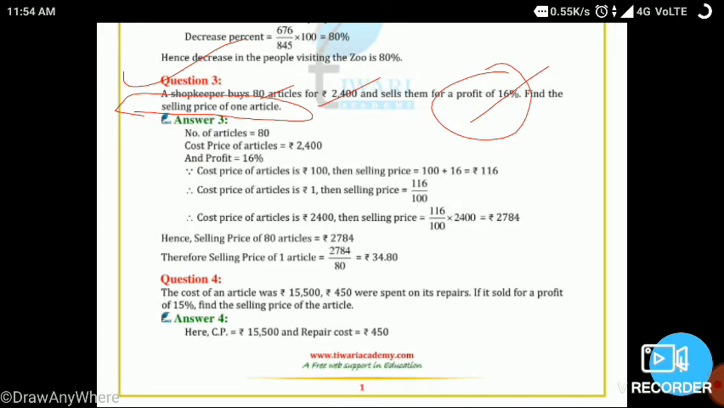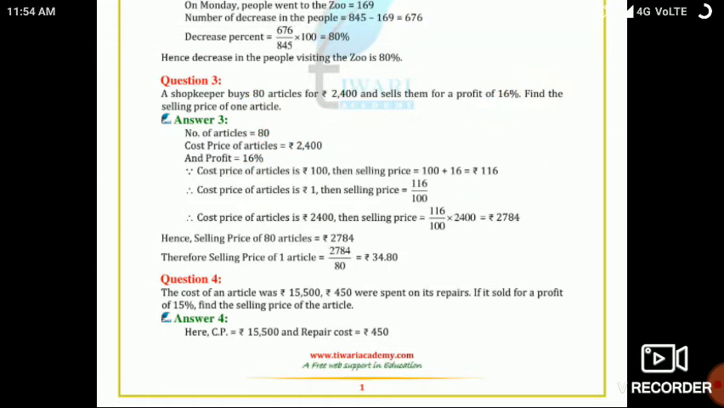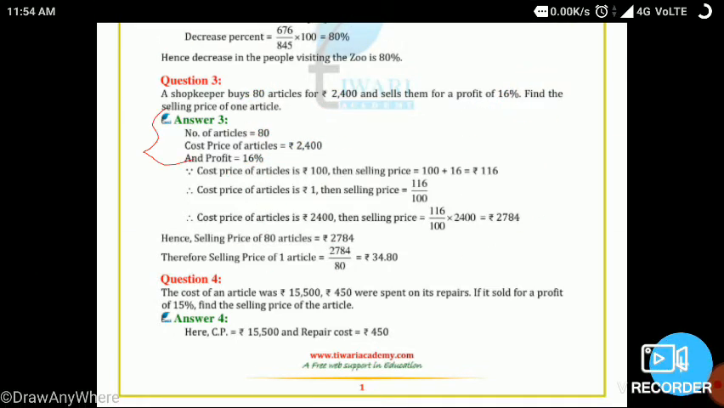Okay, so see students, here the number of articles is equal to how much? 80. Okay, the cost price of the articles, the total cost, is 2400, right? And the profit is equal to 16 percent. Okay, so see students, from this information we can write